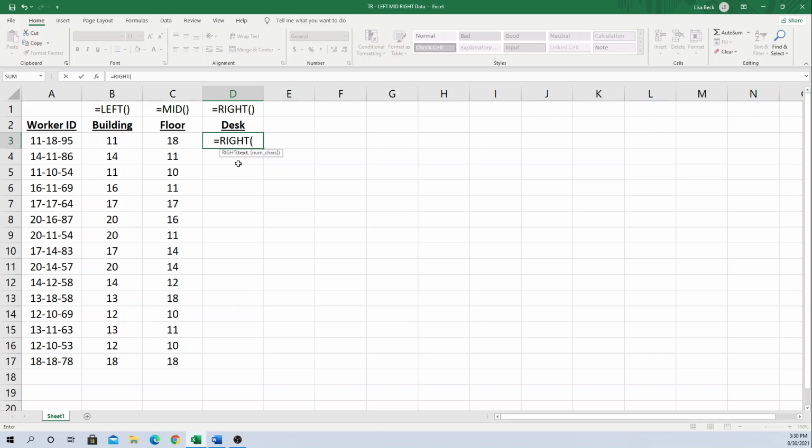We do equals RIGHT, open parentheses. The text that we want to reference is A3 again, and the number of characters is 2. But in this case, the RIGHT function is reading this string from right to left instead of left to right, which the LEFT and MID functions do. So if I indicate 2 characters, it's going to extract the number 5 and the number 9, but not in that order. It'll just read it from right to left and then extract, and it'll chop off this string right here and it'll return 9 and 5. So if I end the parentheses and hit enter,